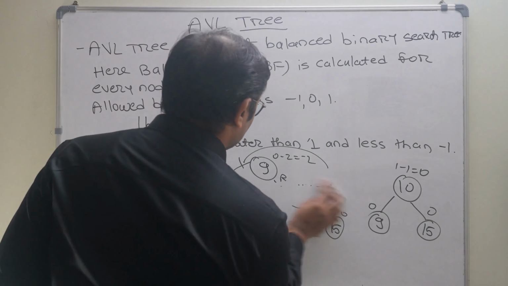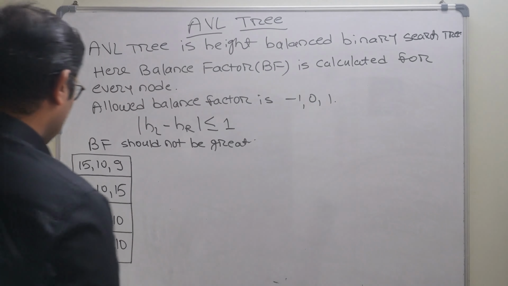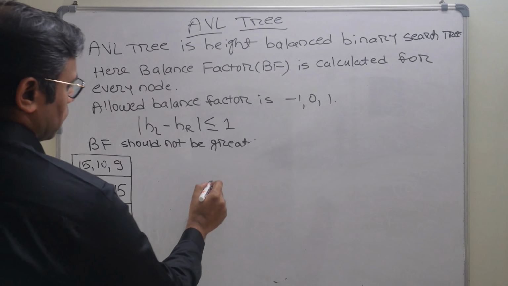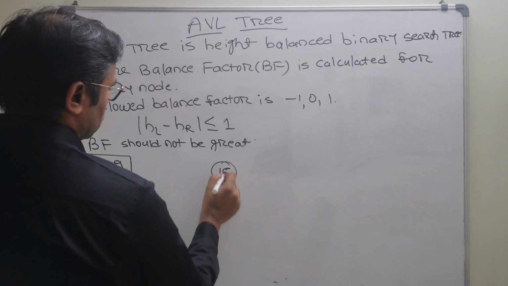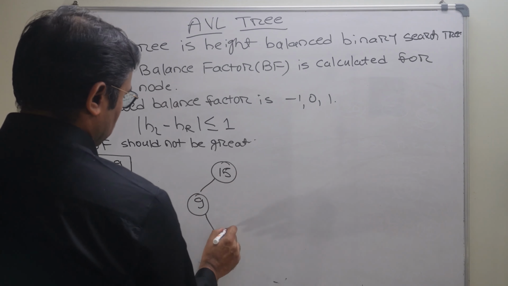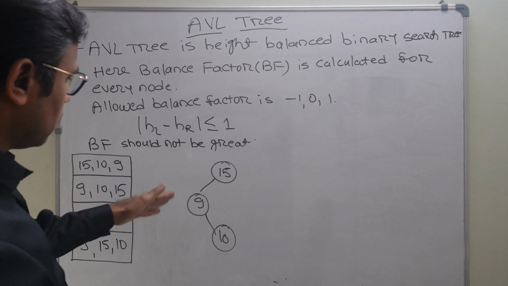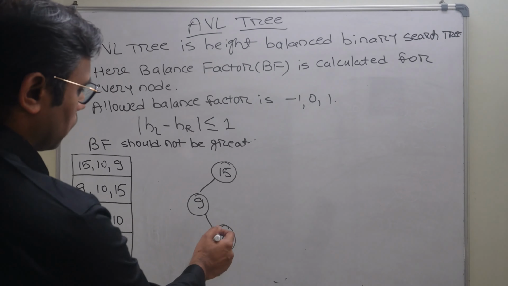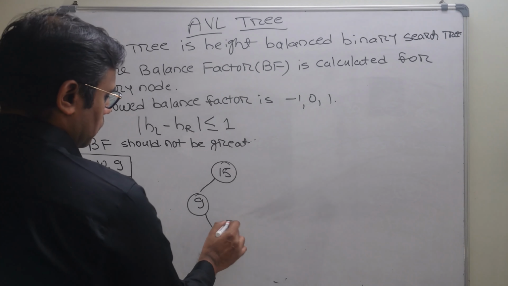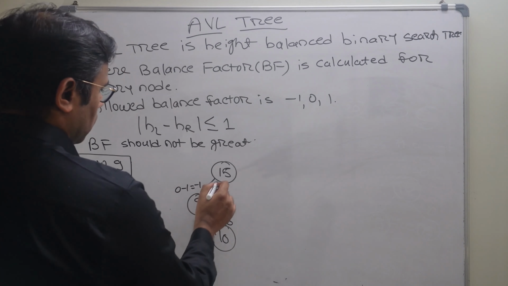Now the next type is: 15, 10 and 9. Again I will draw the binary search tree. 15, on the left-hand side 9, and then 10. If you look here, 15, 9 and 10. If you calculate the balance factor, it is 0. Again it will be 0 minus 1 is minus 1, and then